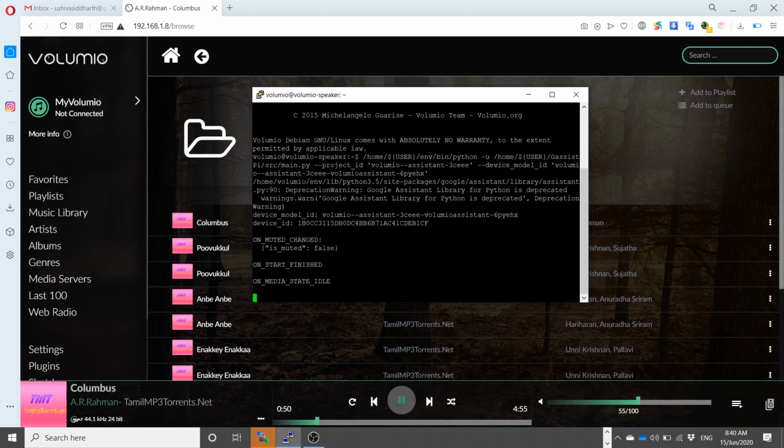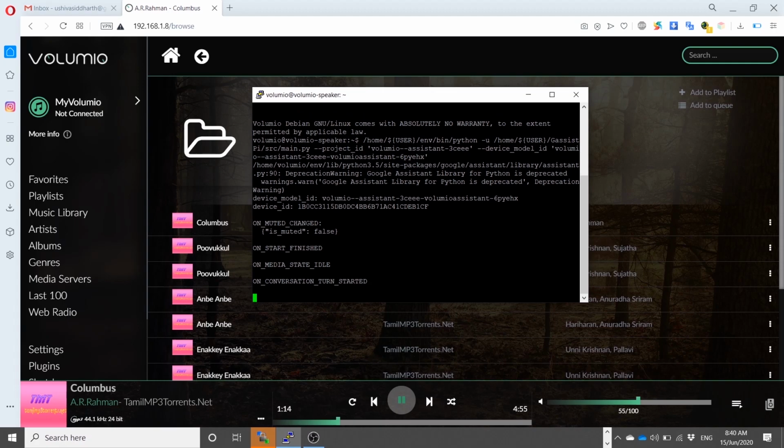So I have started the Google Assistant manually. The first command that you need to give after starting the assistant is to set the assistant's volume to maximum. The assistant volume is independent of the ALSA volume. So your ALSA volume could be at 100 and the assistant's volume could be at 0. So you need to set the assistant's volume to maximum first. Okay, Google, set volume to maximum.